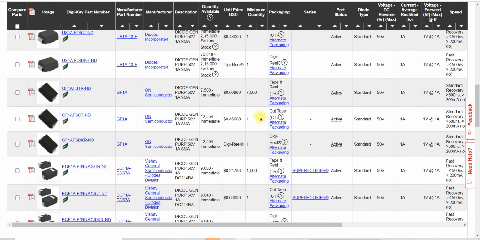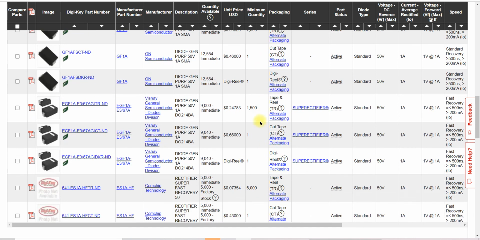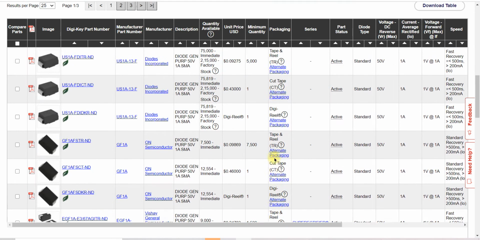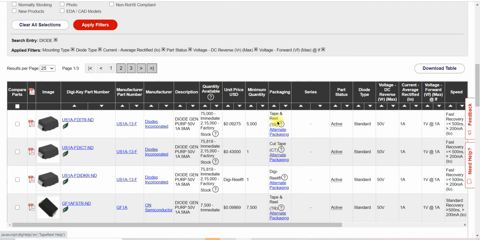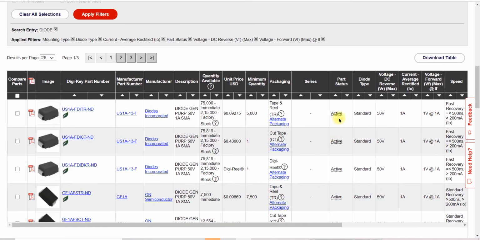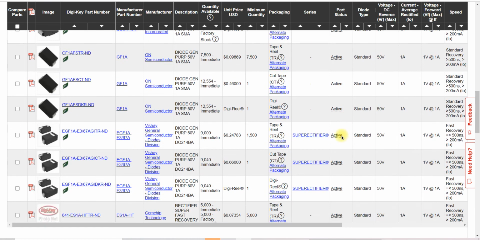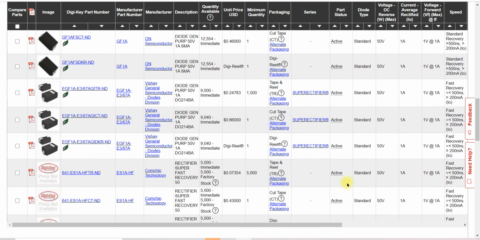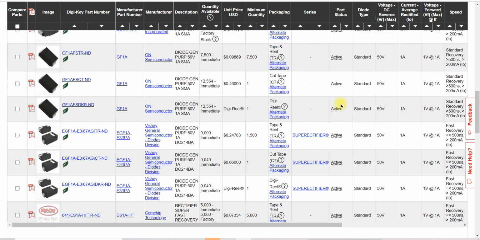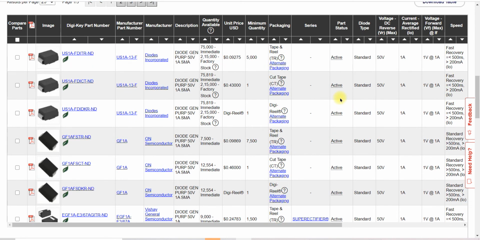But don't be afraid, they can also supply the minimum quantity. And the packaging comes automatically. We did not select it. Tape and reel is general, and the series we did not select, don't care about this. And part status we had selected active, so it is active. Always select active here, it should not be obsolete.